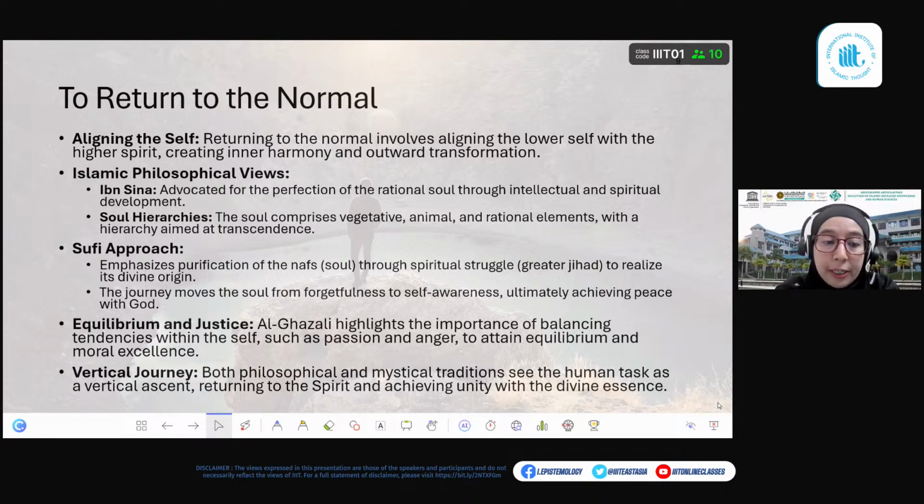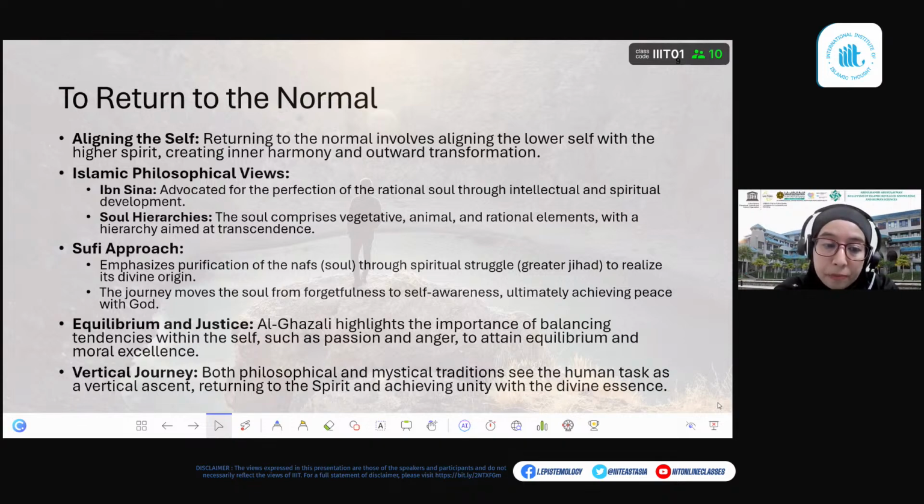We have another approach, the Sufi approach. It offers another perspective, focusing on the purification of the nafs, tazkiyatun nafs. Many people read Al-Ghazali, and this Sufi approach focuses on tazkiyatun nafs through spiritual struggle, or the greater jihad. This process involves moving the soul from the state of forgetfulness and ego-driven desire to self-awareness and peace with God. The ultimate goal is to achieve a state of nafsul mutma'innah, where the self is tranquil and in harmony